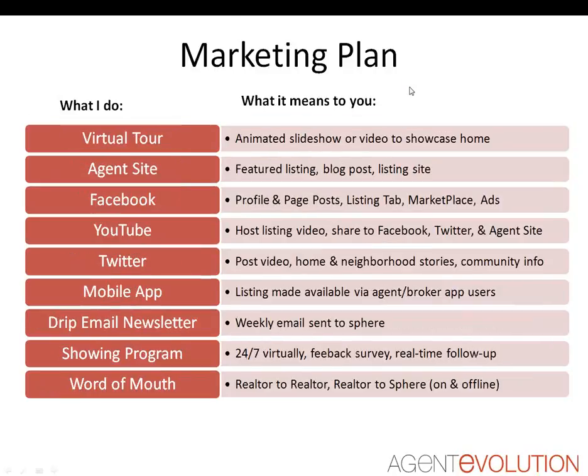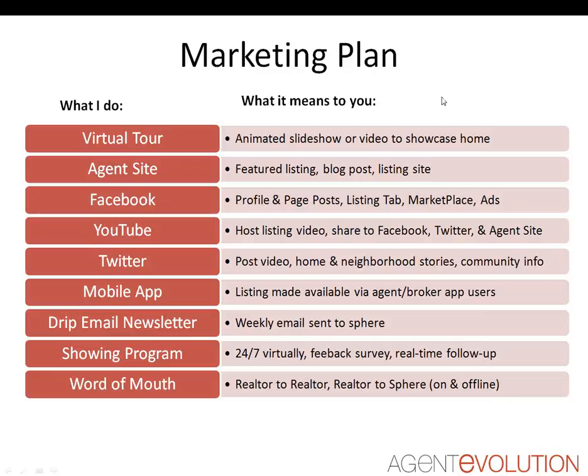You may also have some newer ideas to share as well. So, for example, virtual tour, what you do on your agent website or perhaps blog. Perhaps you're going to blog about this featured listing. You may be using social media such as Facebook or Twitter. Your company may have a mobile app. And then, of course, you might have things like a newsletter, showing program, and, of course, the tried and true word of mouth.